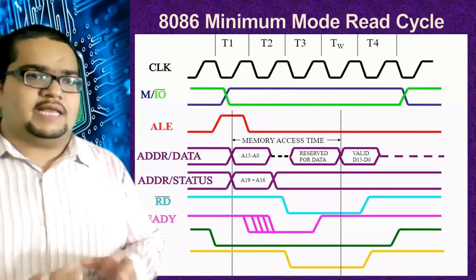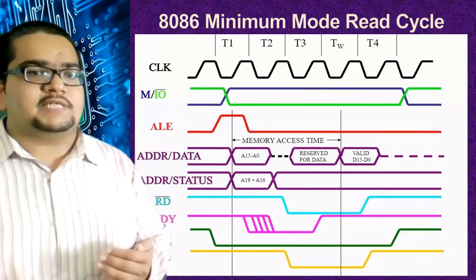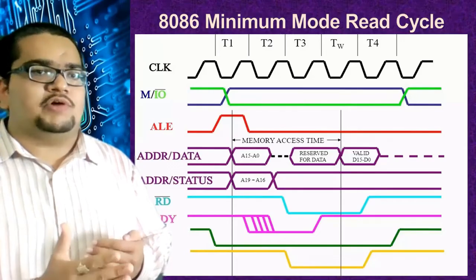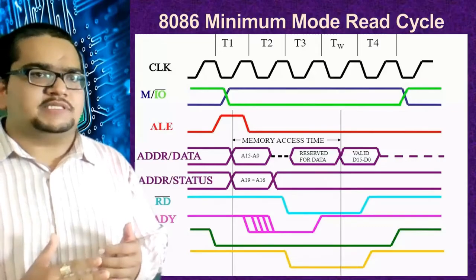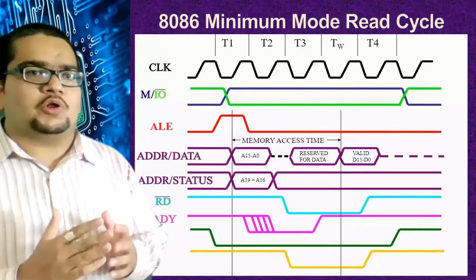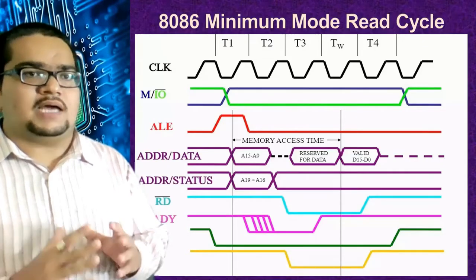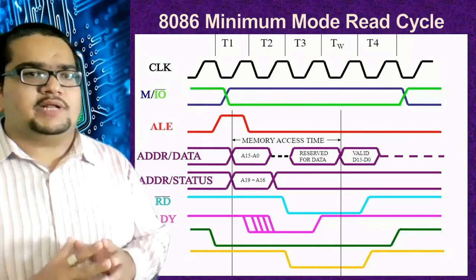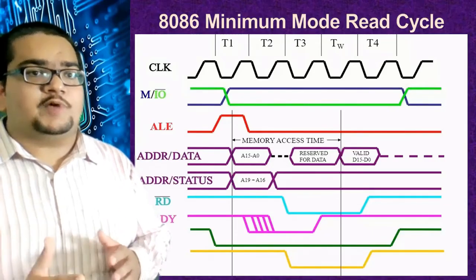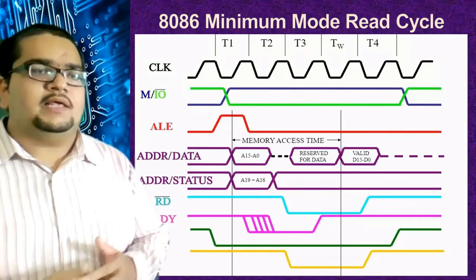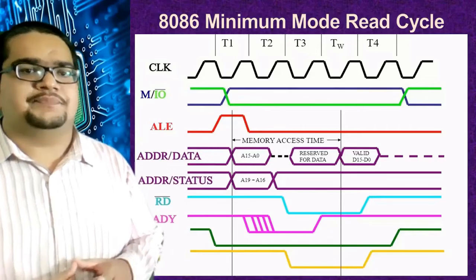For your information, again I want to tell you that address lines are unidirectional. From the processor to the memory or IO devices it will go. Status lines are also output lines basically. The processor status is being shown on the status lines, so they are also unidirectional. But the data lines are bidirectional. The data can communicate both ways. It can be coming from the processor to the peripherals, or from the peripherals to the processor. So remember always that status and address are unidirectional and data lines are bidirectional.